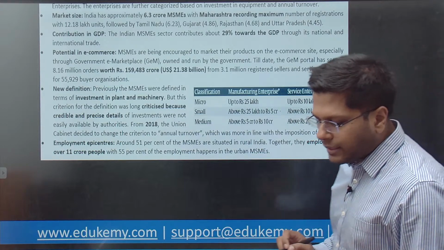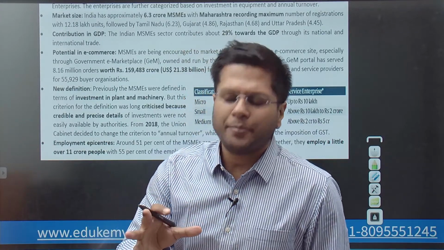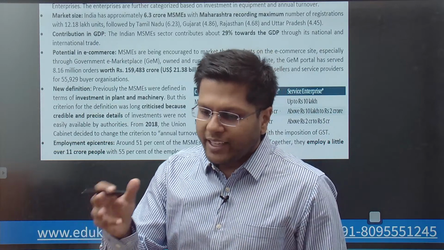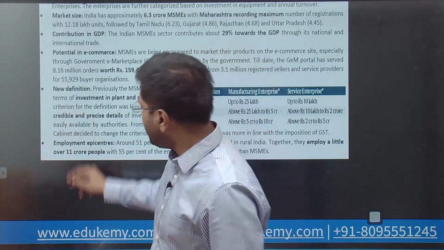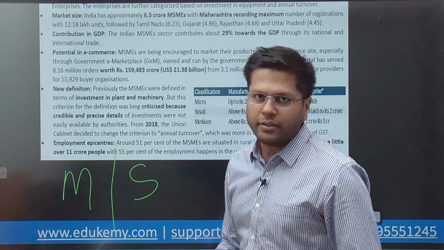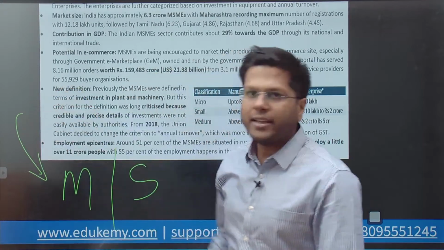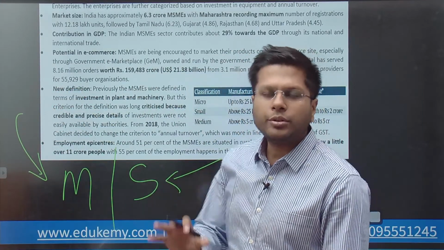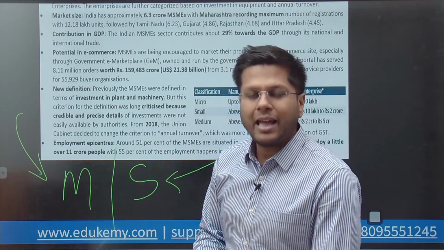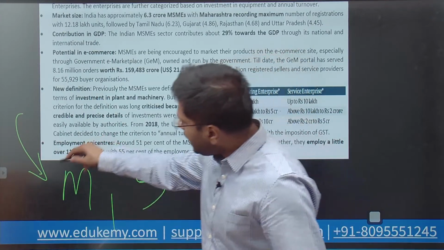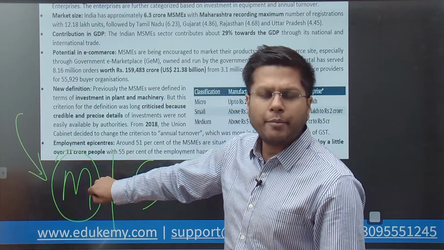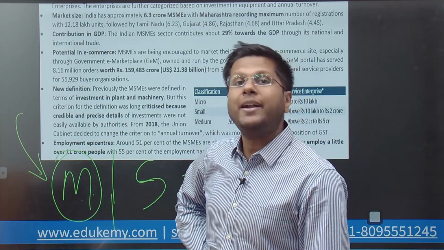Earlier the definition was based on the investments, how much investment you had made, but not everybody was able to declare the investment in a transparent manner. For example, if the investment is at a micro level, it would be regarded as a micro industry. Investment in the manufacturing sector and service sector are different, and MSMEs can be in manufacturing and service both. Suppose I am a gardener, I'm giving service to people. This is the service sector, but this is a micro industry. Similarly, if I'm manufacturing something, this can also be a micro, small or medium industry, depending on the investment.